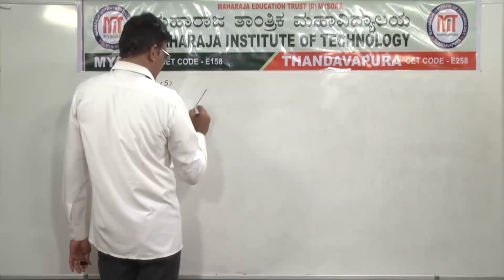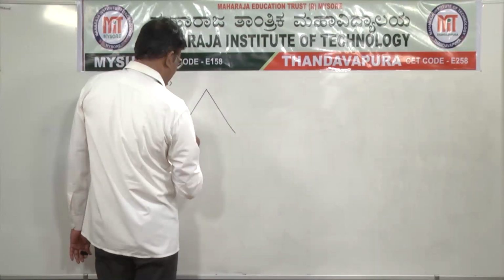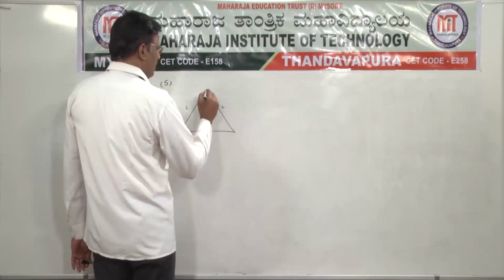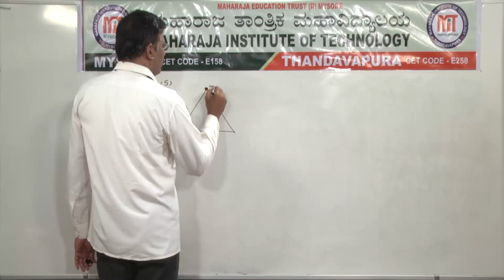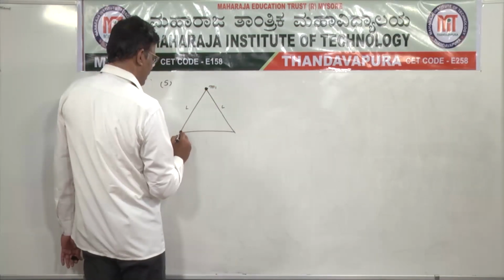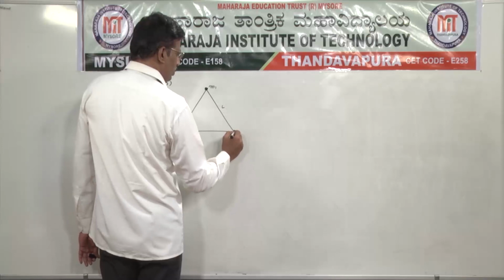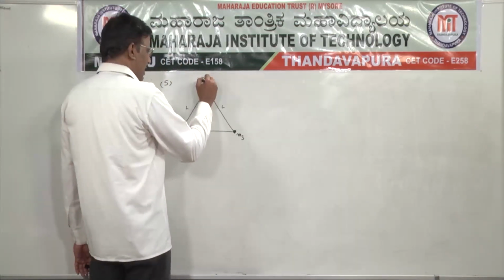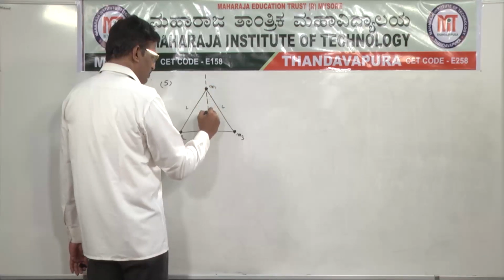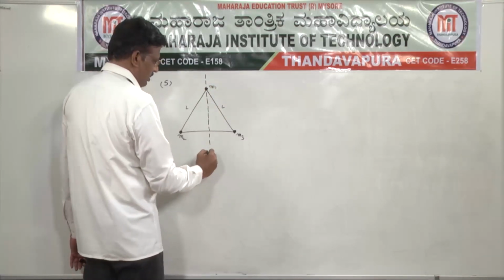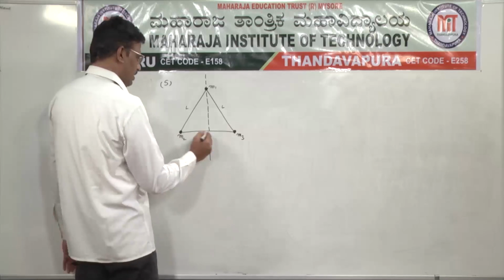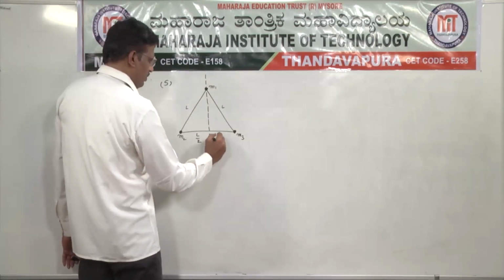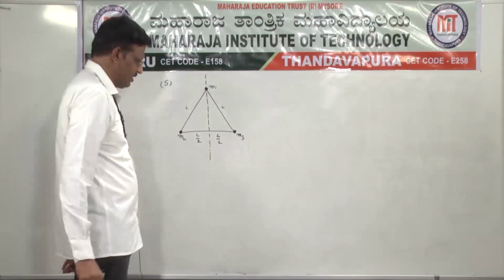So as per the question, an equilateral triangle of each side L is given, and at the 3 corners, at one corner M1 mass, at another corner M2 mass, at the third corner M3 mass are placed. When the axis of rotation is passing through M1, one corner, then this axis divides this side into L by 2, L by 2, because each side is given as L.